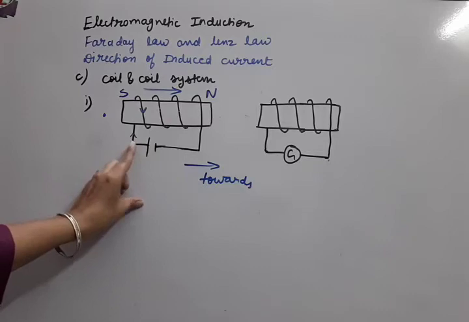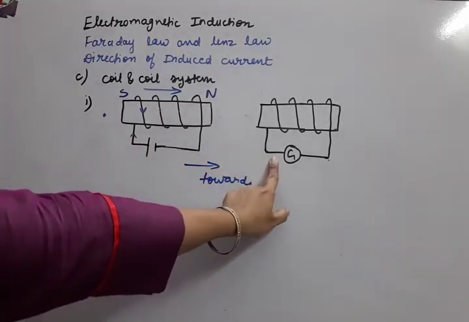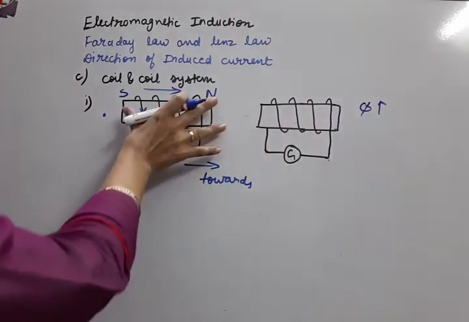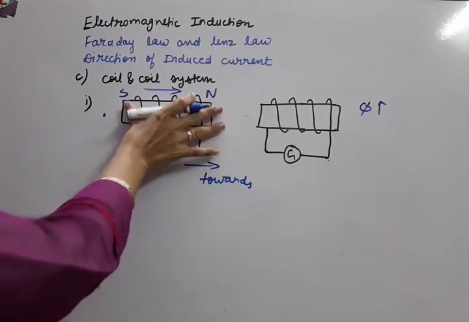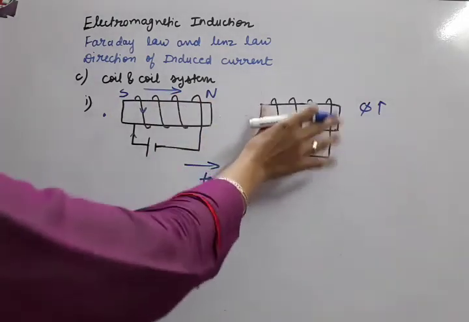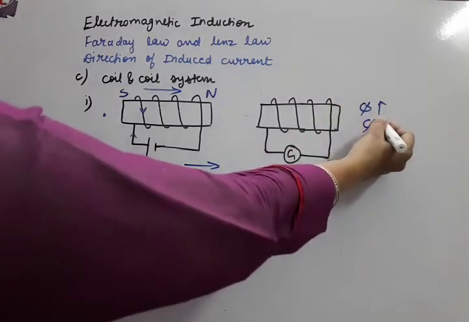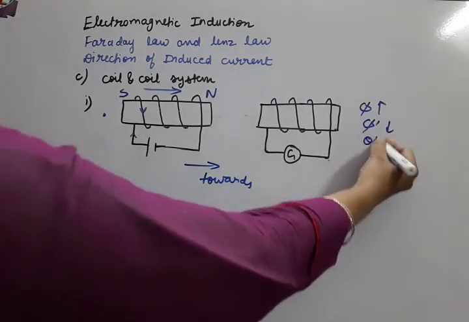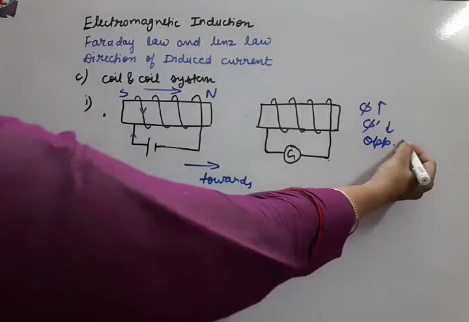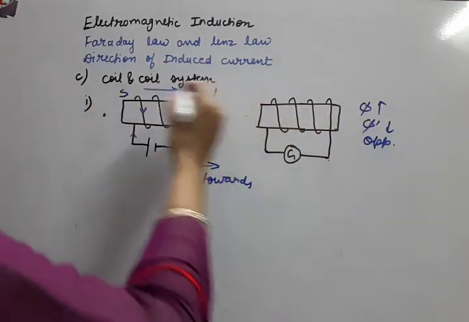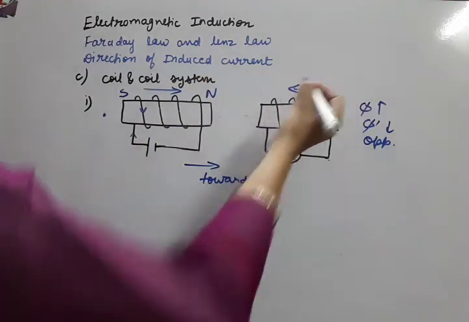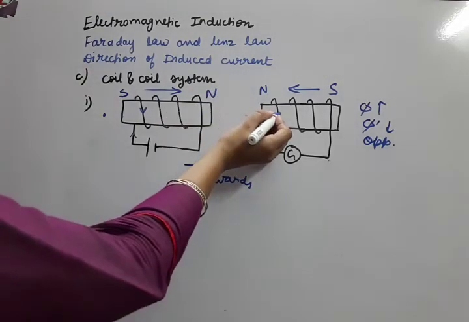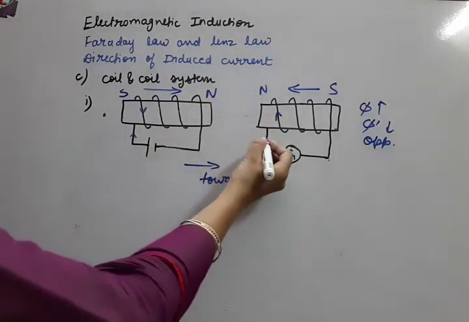So, first of all, as it will move towards the secondary coil, here the magnetic flux will increase. Obviously, this is the producer of magnetic field lines. If we are moving it towards, so here magnetic flux is going to increase. But according to Lenz law, the induced current will try to decrease the flux. Decrease the flux means opposite to original. Opposite to original field, the new field should be. So if this field is this way, this field should be opposite. So this should be south, this should be north. If this is north, so here the direction of current should be anti-clockwise.